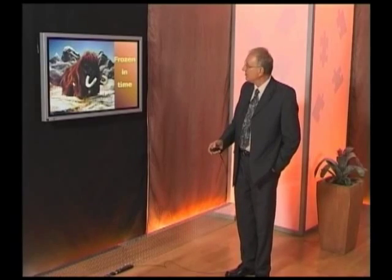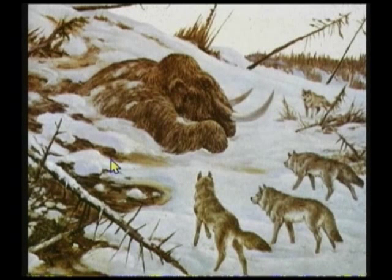So let's have a look at these creatures. Now, the mastodons roamed the Earth some 40 million years ago. Previously, scientists put these creatures way back into the past, many millions of years ago, as a strange phenomenon in the evolution of mammalian life. And as they got frozen, some of the pictures depict wolves and other creatures. Of course, in the ice, you have all kinds of creatures that are trapped there, and not only cold-adapted creatures, which is rather strange. Beavers, for example, all kinds of creatures in these ice